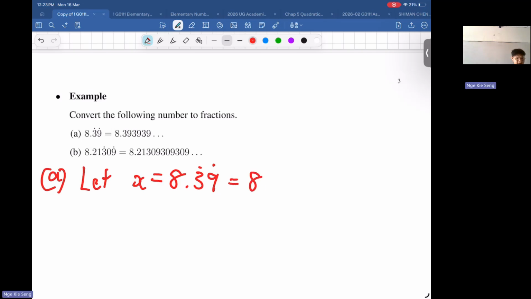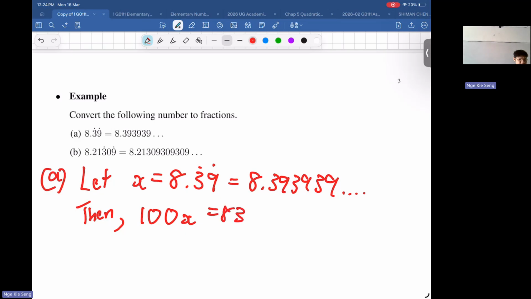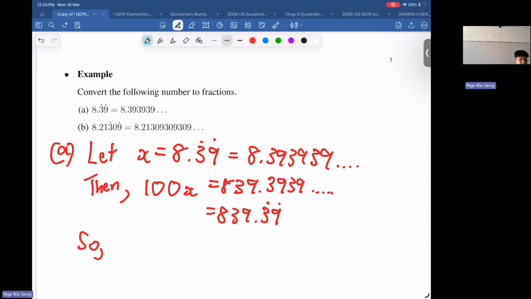What happened here was you see that it has repeating 3, 9. The notation for repeating is a dot. If we put a dot there, it means these things were occurring again and again. Put a dot on the numbers, depending on whether it's 1 dot, 2 dots, or multiple dots. So you get a string of things that repeats itself. If you take 100x, you get 839.393939 again, which is just 839.39 repeating. In this case, if you take 100x minus x, what you will see is